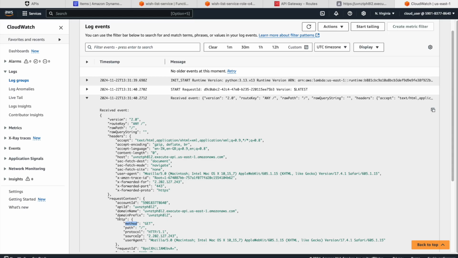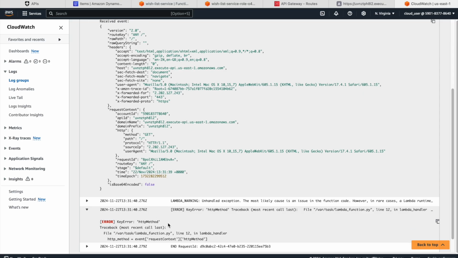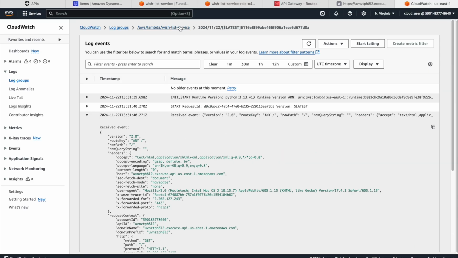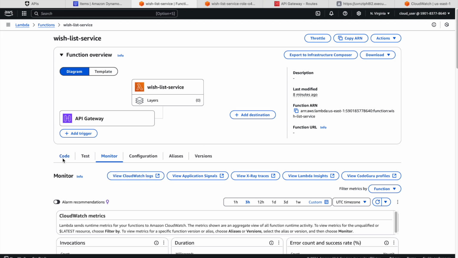But in my code, I remember I have given request context HTTP method, but this HTTP and method are different. That's why we got one key error, and it is complaining that there is no thing called HTTP method under request context. So that's why the key error happened. So what we can do to resolve this error, we go to the wishlist function, we go inside the code,